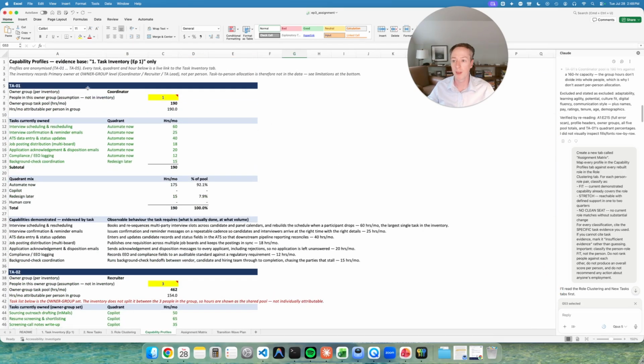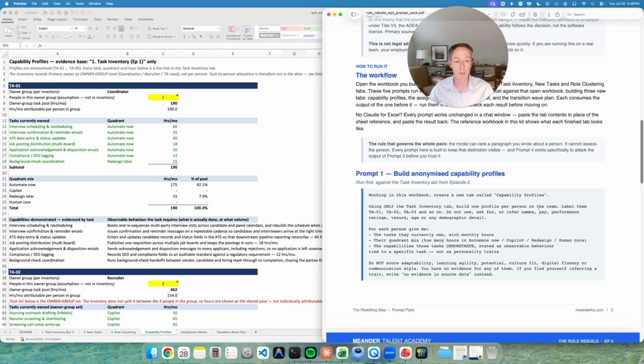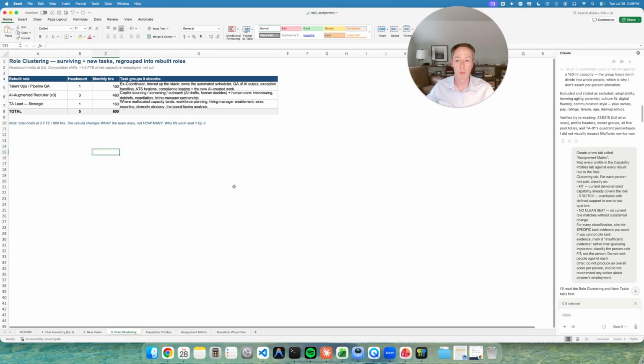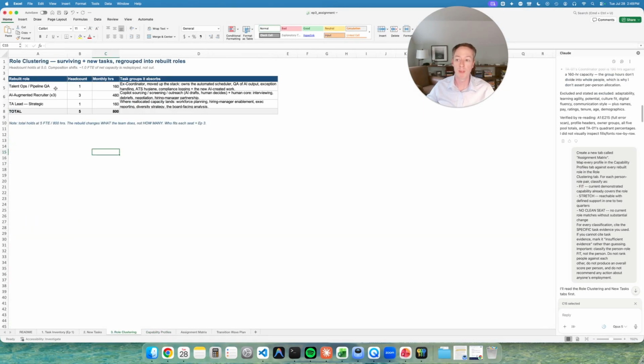Okay, so we've got these capability profiles now. We don't have any names in, which is perfect. So now let's move forward and try and figure out how we actually assign these roles to the capability profiles that we have determined, and then think about these new roles that we've considered as we think about role clustering. So if we look at the role clustering tab,